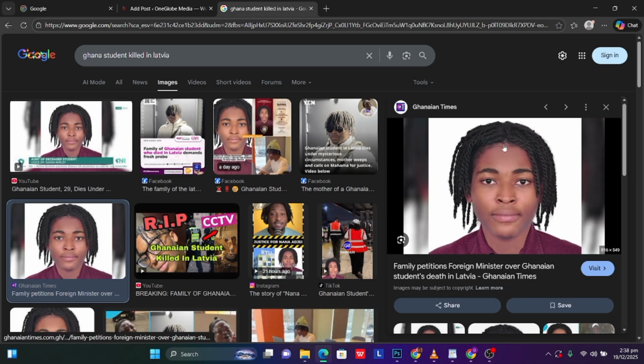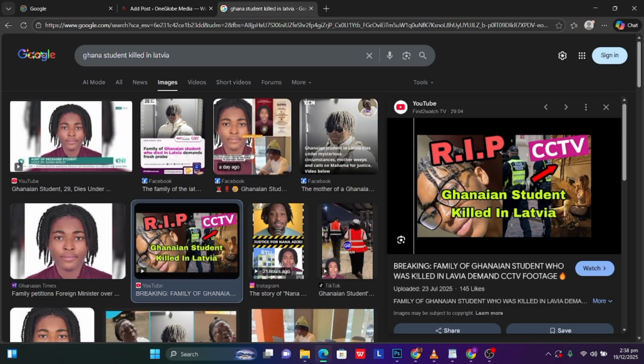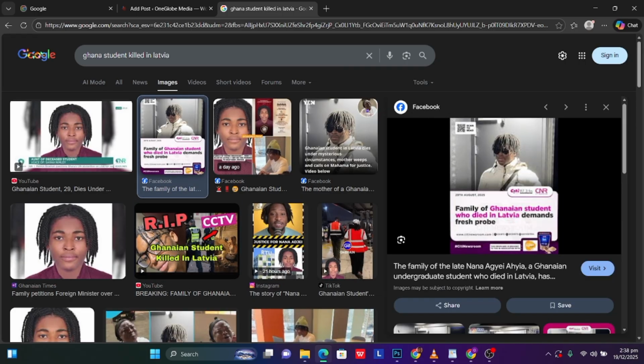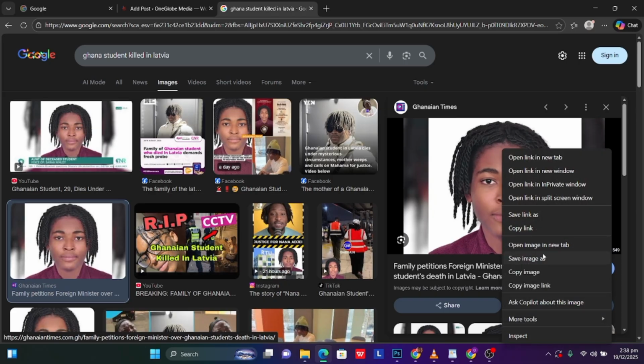Always find that when you click on the image, always wait for it to load. See, when I click, it takes some time to load completely. I just want you to notice that sometimes you might download an image and put it up there and it's pixelated like this. So when you click on the picture, make sure you wait until it's clear and loaded before you download. So I can right click, save image as,